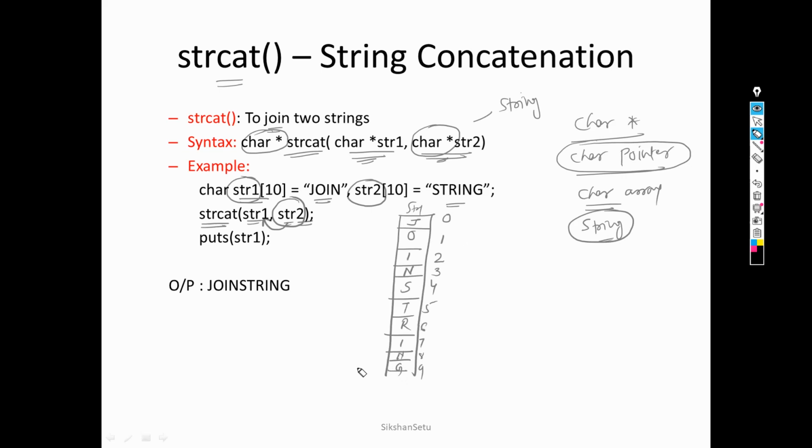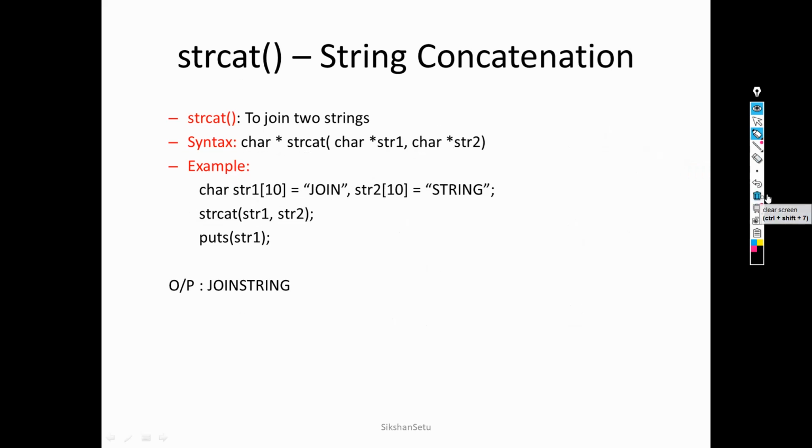So after performing this strcat operation, your str1 is join string. So here you can see that you have the output join string. Very simple, it is used to concatenate two strings, that is strcat.